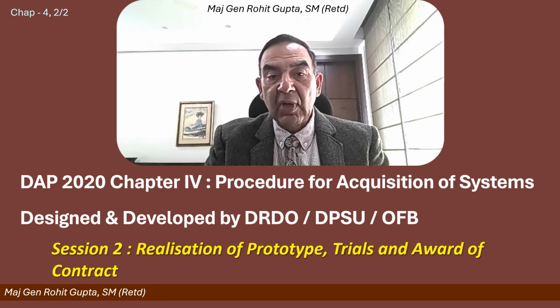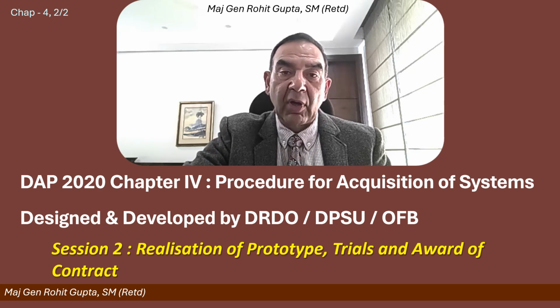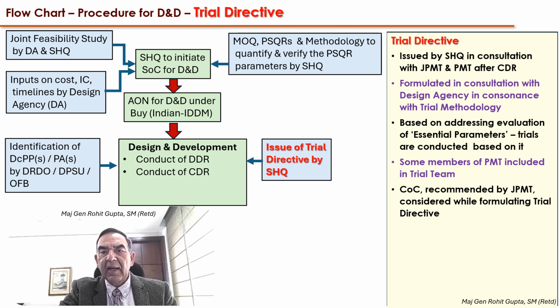In session 2, let's have a look at the realization of prototype, the trials as to how they are carried out, and the award of contract. The trial directive is the next stage in the complete flow chart. It cannot be considered as a totally different stage because concurrently the trial directive is developed and it is issued